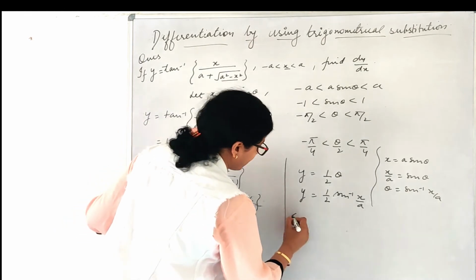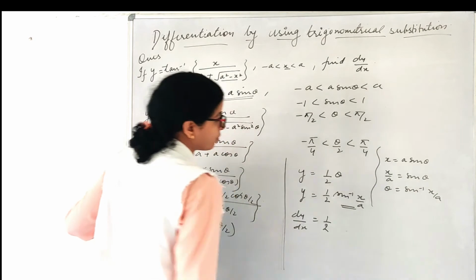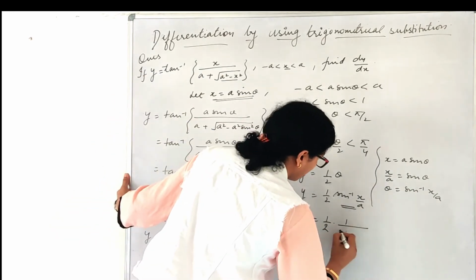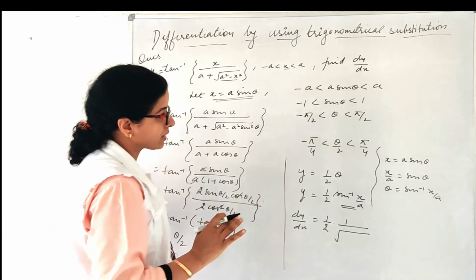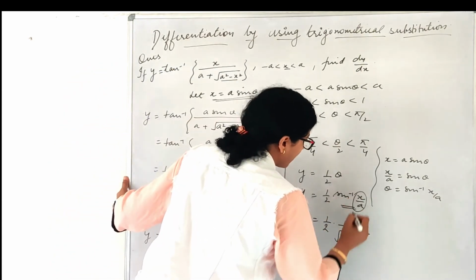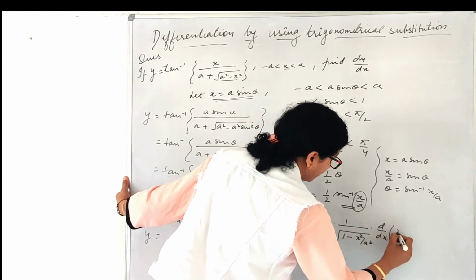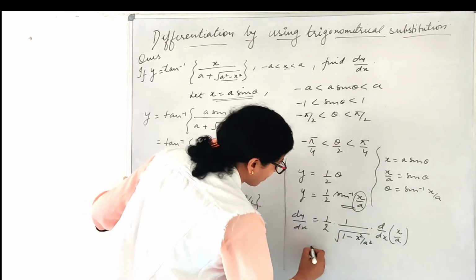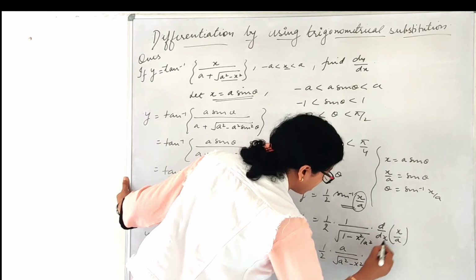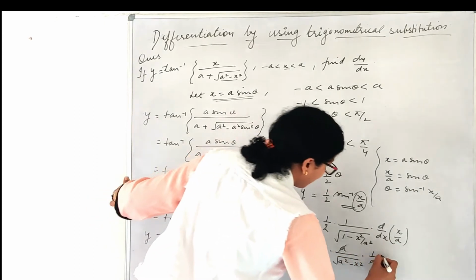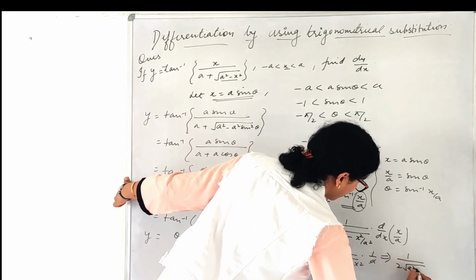Now we'll find the differential of it. So dy by dx is equal to half. I'll use the chain rule here, right? So half into 1 upon under root, basically sine inverse differentiation is 1 upon under root 1 minus x square. But instead of x, I have x by a. So 1 minus x square by a square, into d upon dx of x by a, right? So I'll get here 1 by 2 into a upon root a square minus x square into 1 by a. It will get cancelled and your desired differential is 1 upon 2 root a square minus x square.